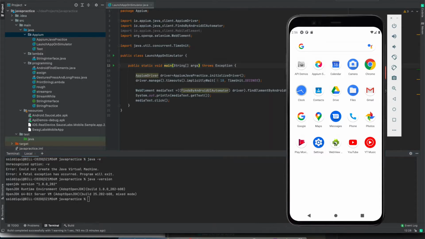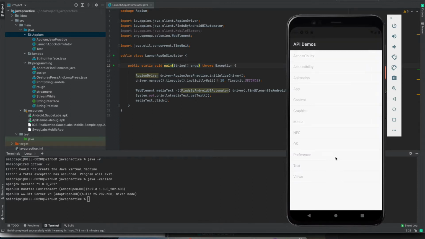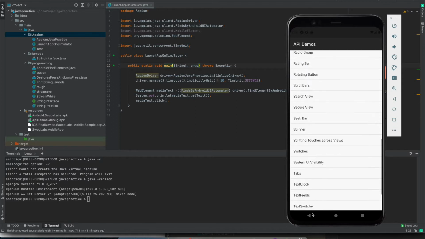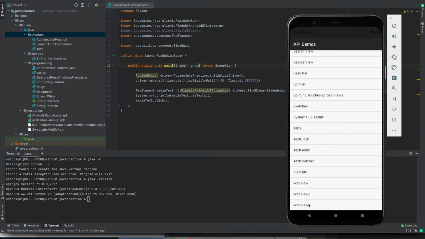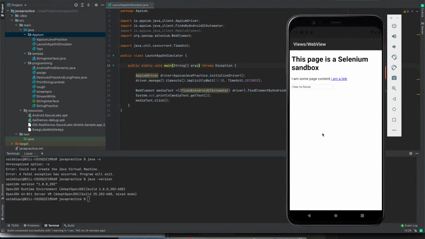So in our application, as we can see, if we go into views and then if we scroll, we can see here at the bottom there are three web views. So if we click on this web view, then this page which is open, it is a web view.